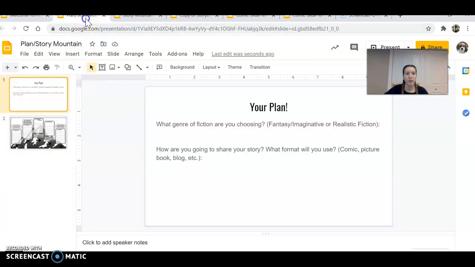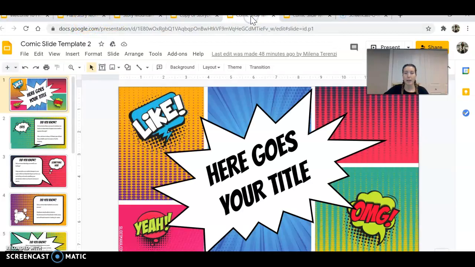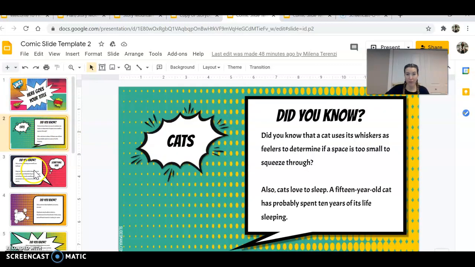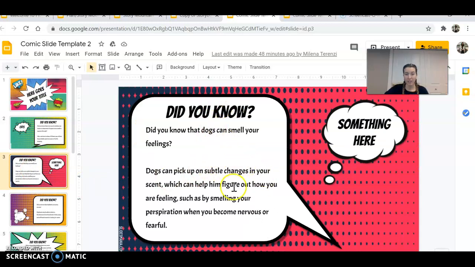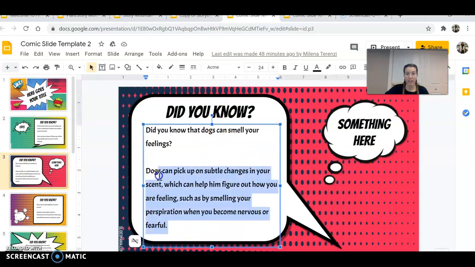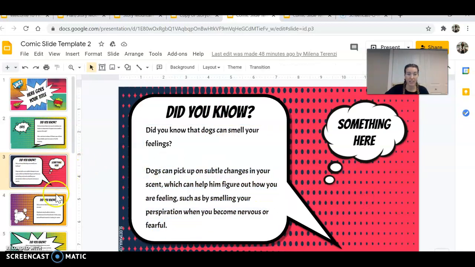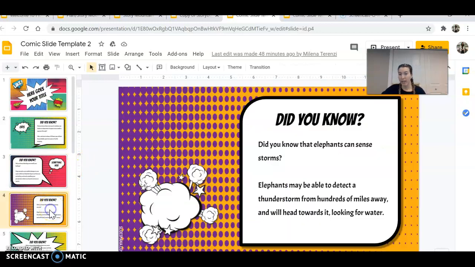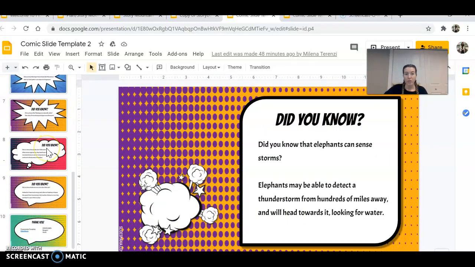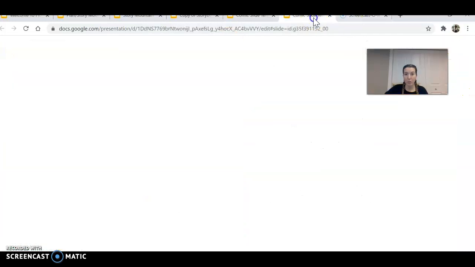Now, what I'm going to do is show you some examples of how you could go about this. So if you would like to create a comic, we will include these templates in there for you. You can play around with them. As you can see, there's text, but you can always go in there, delete it, and add your own text. You will be adding your own pictures, your own captions. So if you would like to use one of these templates, you may.